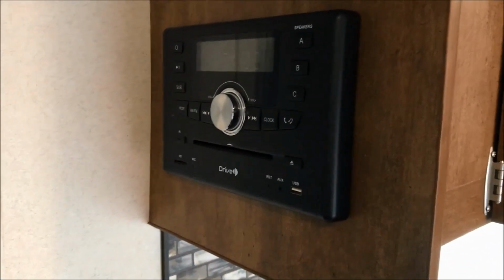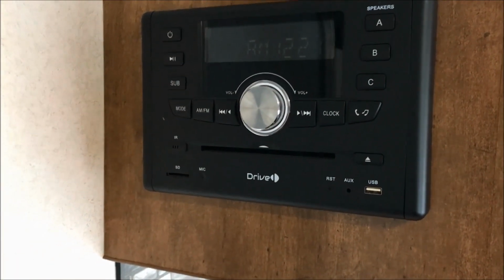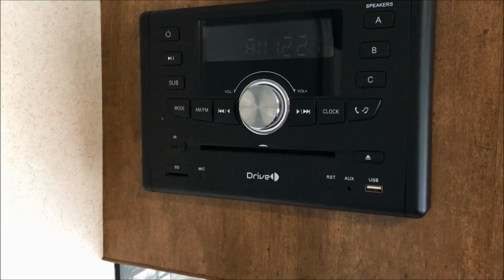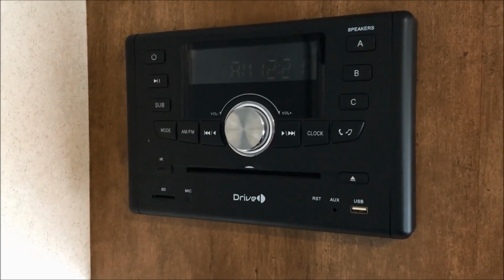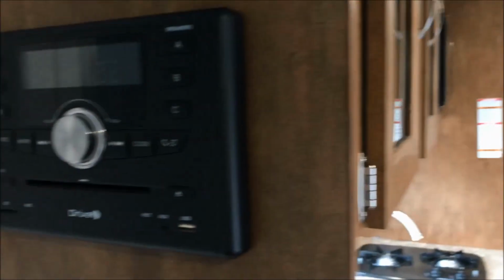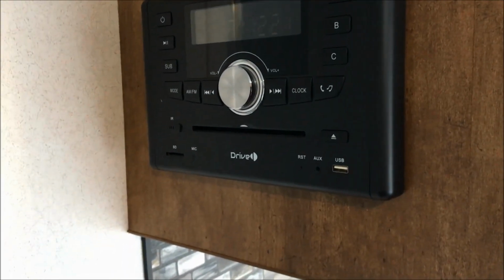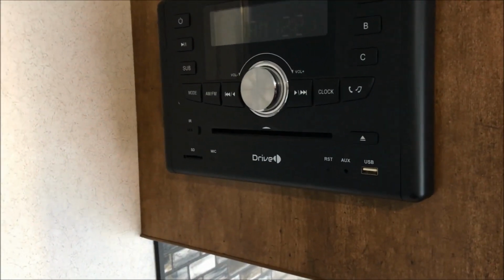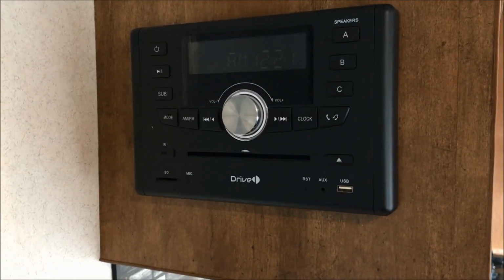Other things that we really like about the trailer is the entertainment system. This is your radio DVD player, works off of Bluetooth. You can plug in USBs, SD cards, and it sends sound to the two internal speakers, which are fantastic speakers. They're incredibly loud. Or you can set it to run off of the two marine grade outside speakers, which we haven't really used. I don't want to bother other campers with my music or videos, but this is great because